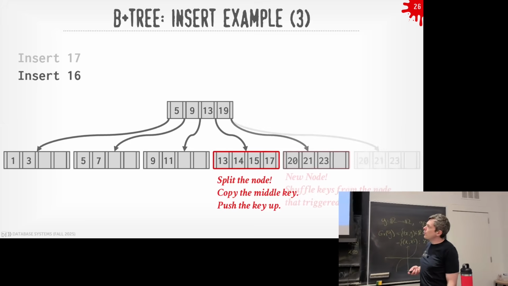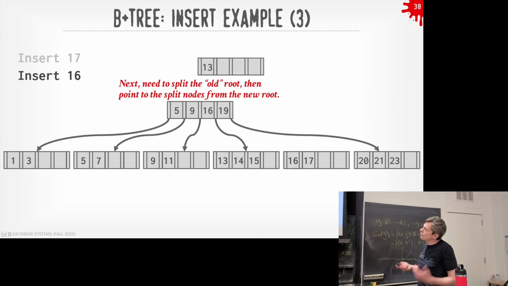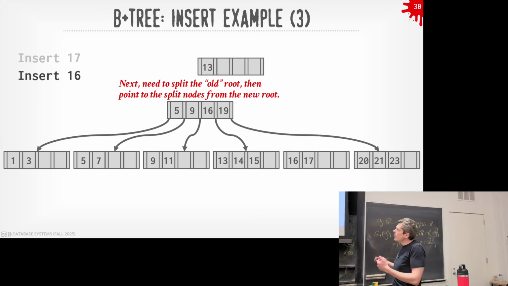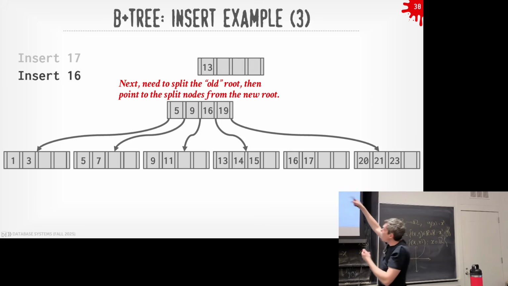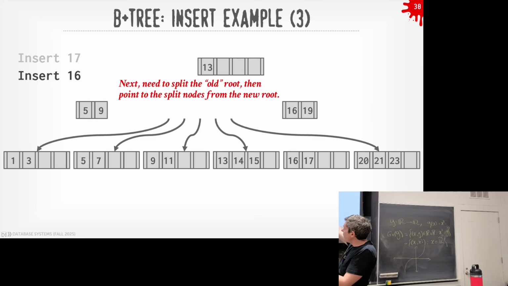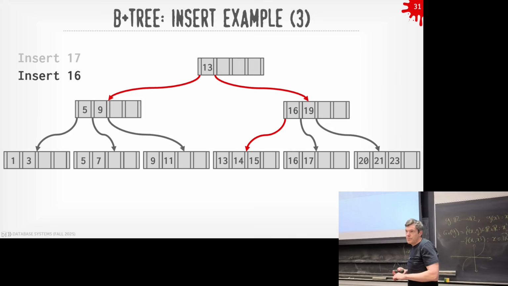And then the question people always ask is, going back here, at this point, why not just say we're done? Why do I have to create a new node at the second level? Because then it's actually no longer balanced. The traversal is still correct, but from the root node's perspective, all of the keys are on one side of it, not the other side. So it's not considered balanced in that way. That's why we always have to split whatever level has overflowed to create new nodes and then reconstruct the tree like that.